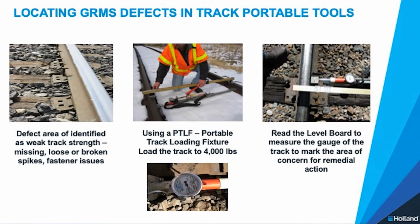You can see from the pictures, the first one we identified is a weak area of track with missing, loose, or broken spikes and fasteners. And in the second picture, you can see the railroad worker using a PTLF, which is our portable track loading fixture, to load the track, which is no more than a little hand pump that goes out about 4,000 kips, which is actually greater than what our TrackStar lateral loading is at the 34,000 pounds of kip force when testing